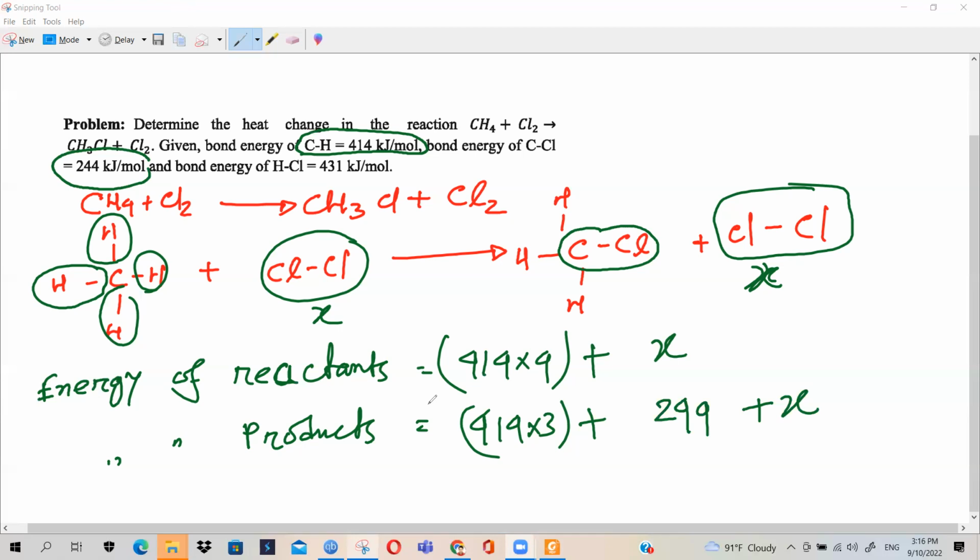All right, so let's calculate now. So delta H will be equal to the total energy of products minus